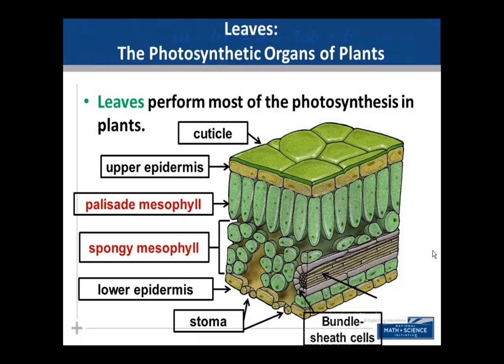Okay. Here we have, and it's the purple, the cells that are shown in purple on this diagram, those are the bundle sheath cells, and those will become important as we start talking about a type of adaptation that some plants possess in order to help them avoid a process called photorespiration. So the bundle sheath cells go around the perimeter of what we call the vascular bundle here, so the xylem and phloem. So the xylem and phloem are the vascular tissue found in vascular plants, and they're responsible,